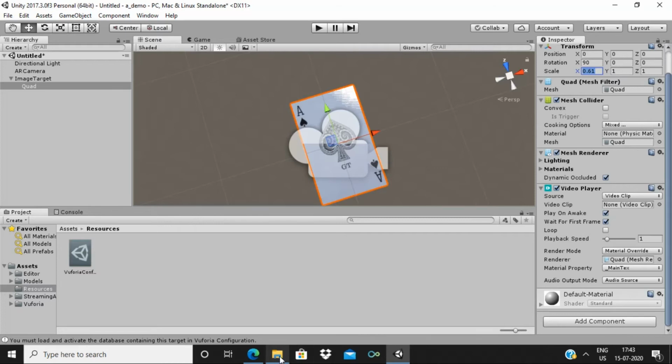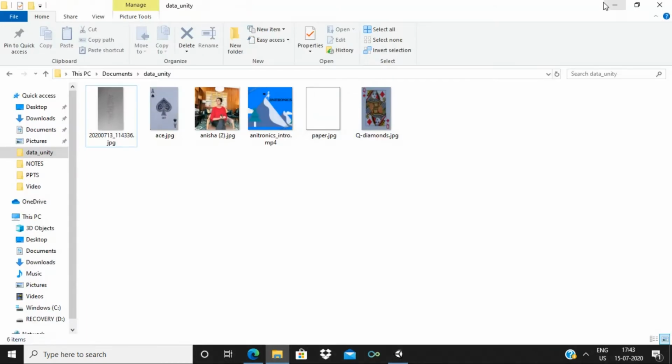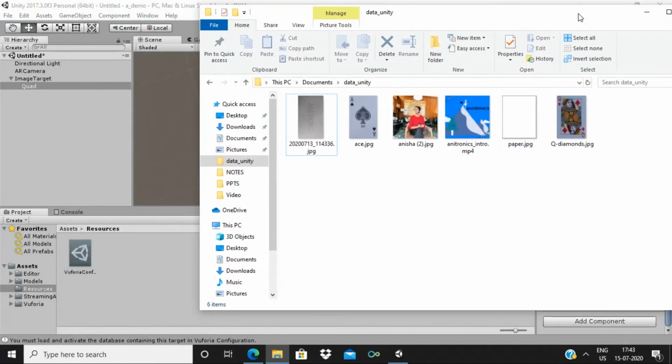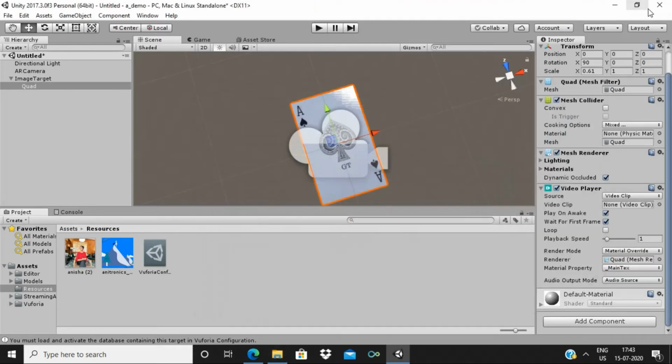For getting them, just drag it from your folder directly into assets. So this is the video, and however I want another image when I'm showing you how to superimpose an image also. So I'm dragging both of them at the same time. Minimize it.